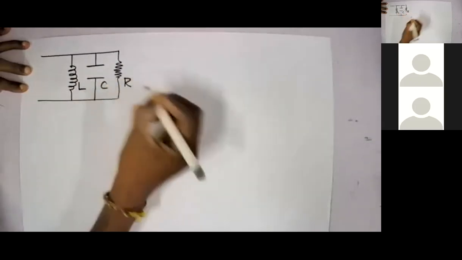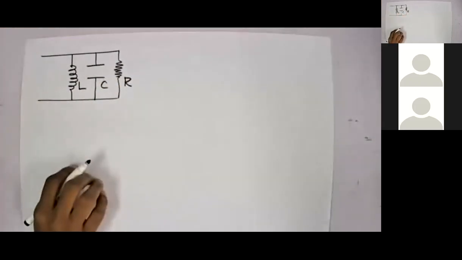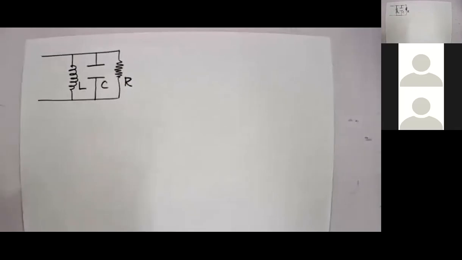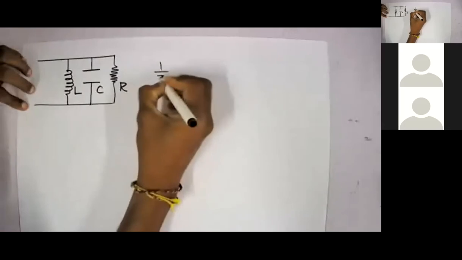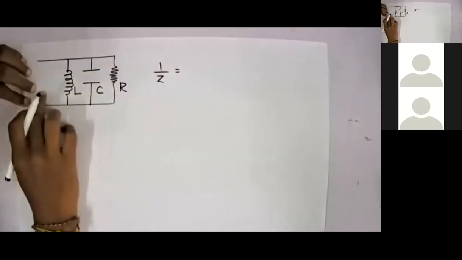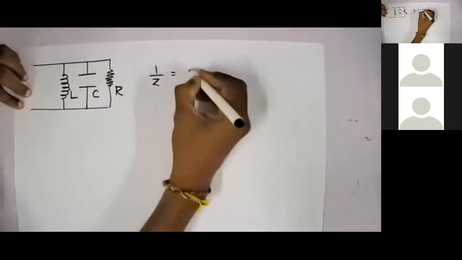LCR. Okay, I'll leave this one for you for practice. I'll create an assignment in Google Classroom, and you can upload it. You can write down the equation. Why? Because these are connected in parallel, so 1 over Z equals